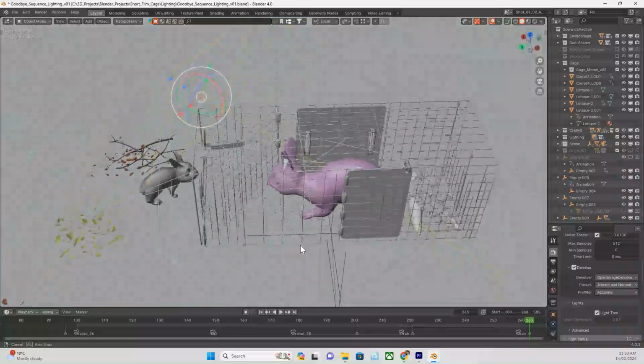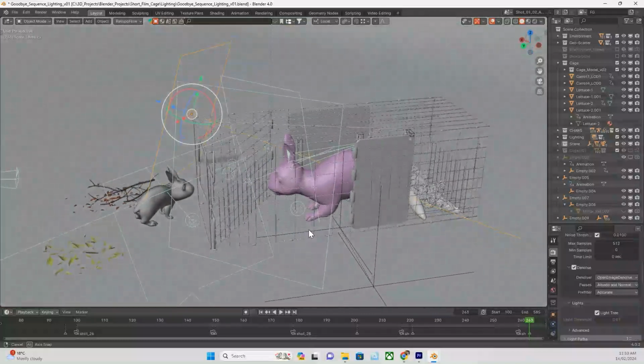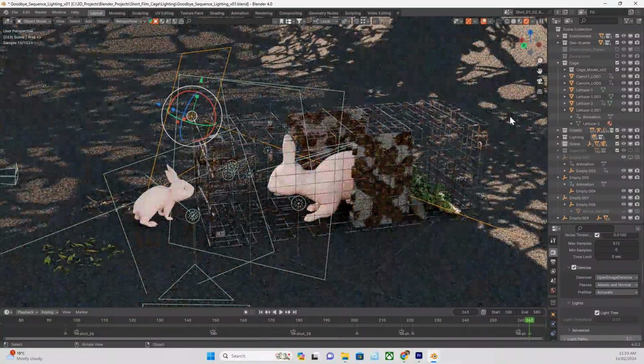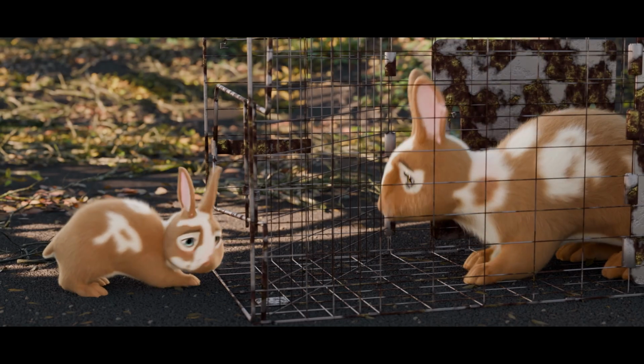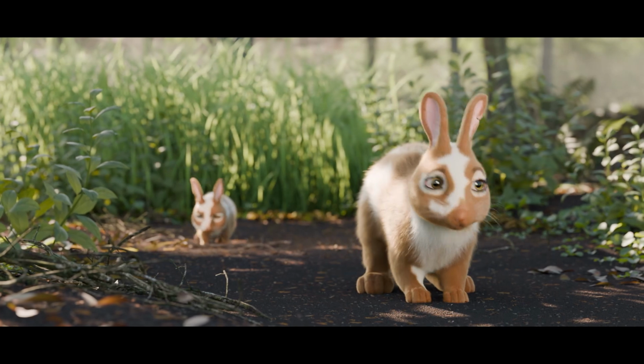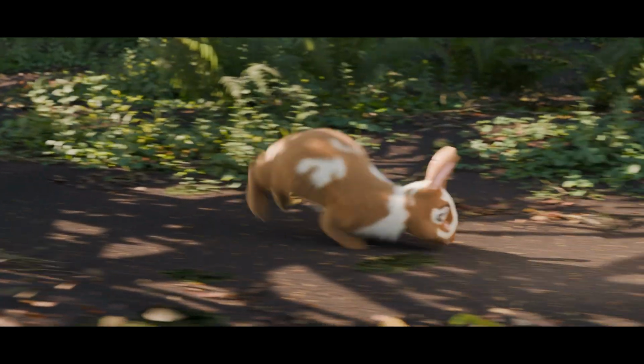Both characters have two soft area lights on them the whole time, as well as an eye light. I used Blender's new light linking feature so that the lights only affect the character that they're meant to. As you would in live action, I made sure to always keep the characters in shade, apart from a few times when they move through light pools. The lighting and rendering turned out to be a big task.